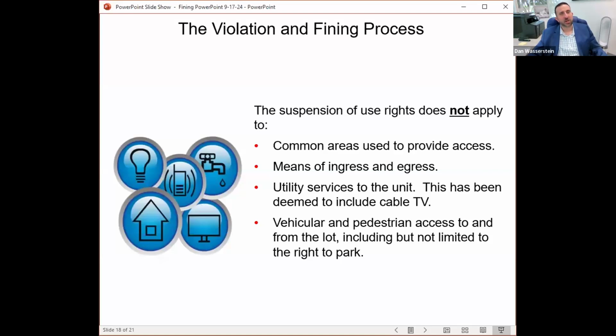Some condos and other HOAs, the water is paid for as part of the assessments. And some communities will say, well, can we turn off their water? The answer, no, you can't turn off their water if they don't pay a fine or other amounts. One of the other things some communities have the ability to turn off is cable and internet.